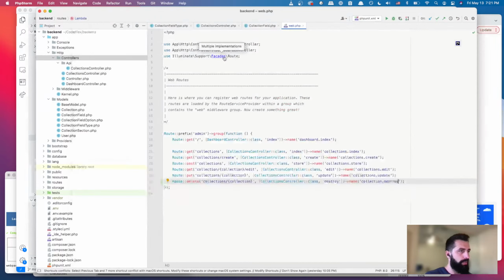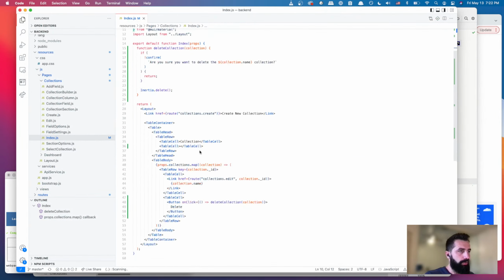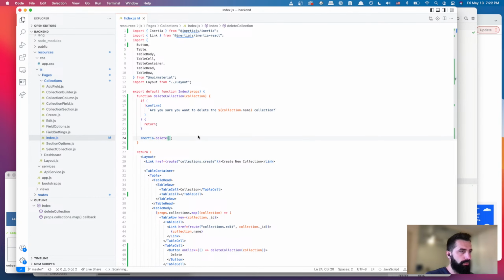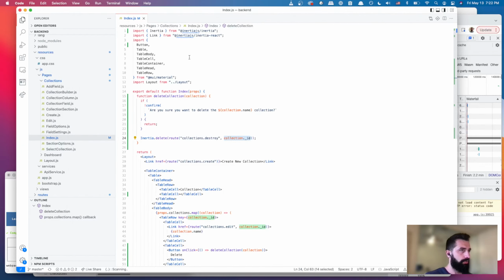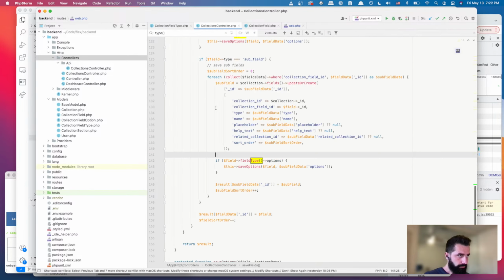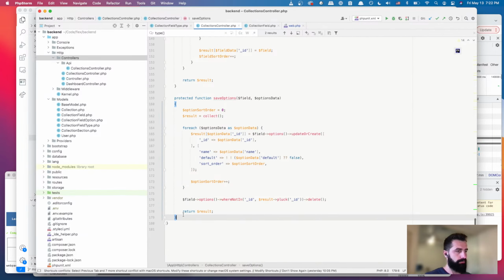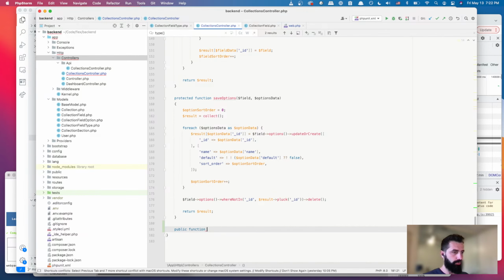That's fine. All right, so in our app, now we can use our little route helper, which uses Ziggy. And we will say the route needs to be collections.destroy, and then we need to pass in the collection ID. And I don't actually remember if that needs to be inside an array, so let's try that. And if it doesn't work, we'll know why. And for now, what we'll do is we'll create a method for that destroy method here in the controller, public function destroy. It's going to take in a collection,